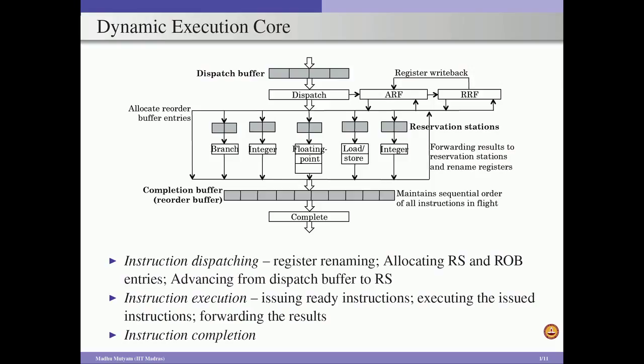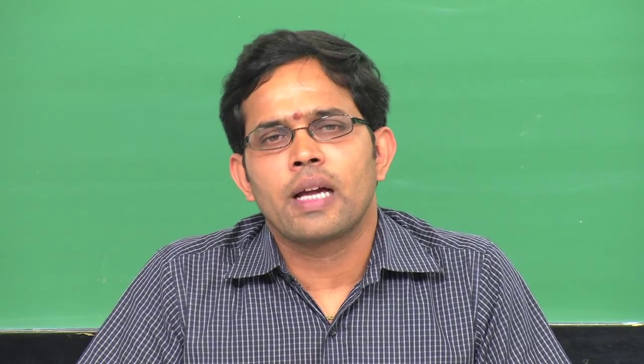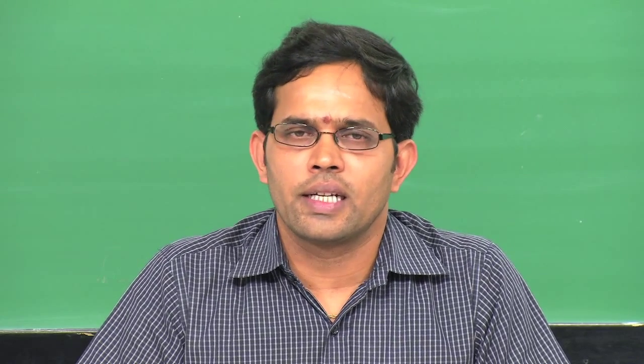And so, once we find a free entry in the reservation station, then we can dispatch an instruction from the dispatch buffer to the reservation station. If the reservation station is full, then we cannot dispatch any instruction to that reservation station. And once the operands are ready as well as the function unit is available, then we execute this instruction on the function unit. And depending on the type of the functional unit, different instructions will take a different amount of